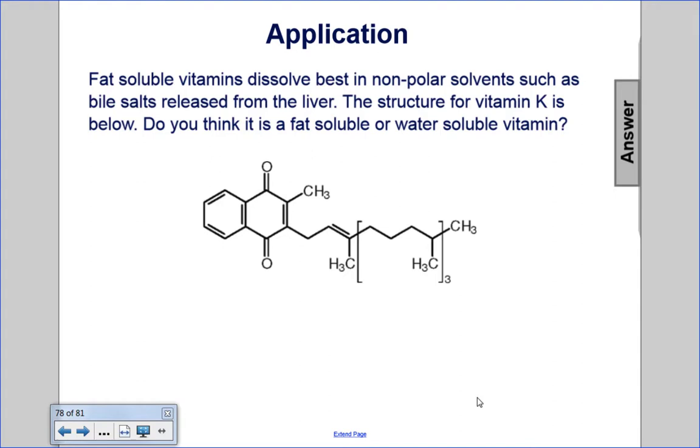Fat-soluble vitamins dissolve best in nonpolar solvents, such as bile salts released from the liver. The structure for vitamin K is shown below. Do you think it is a fat-soluble or water-soluble vitamin? If we look at the structure, most of the structure is nonpolar. There might be a couple little poles here around the oxygens, but for the most part, this is a nonpolar